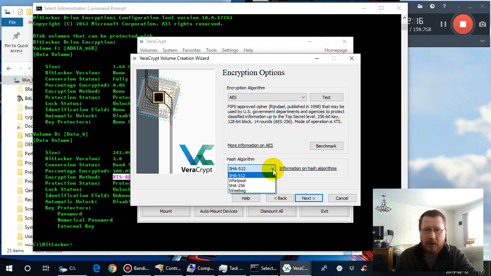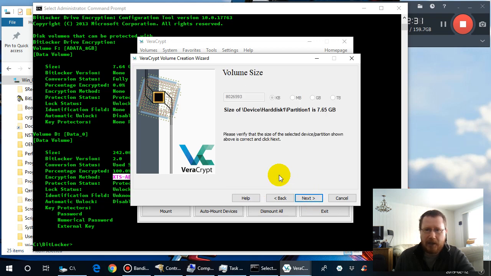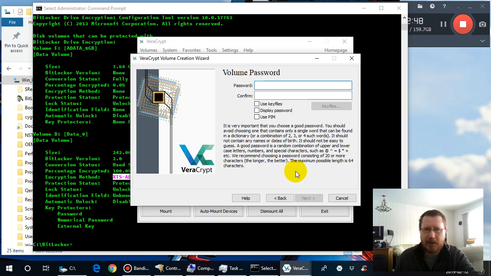Hash algorithm, also you get a choice. Looks like the strongest one is selected, SHA-512. I don't know about Whirlpool or Streebog. SHA-256 is fewer bits, it looks like. Then if we click next, it doesn't give us a choice because we're encrypting a full partition, a full device. But if we were doing a file-based container, then we would be able to select the size for the container. So here's the password portion,